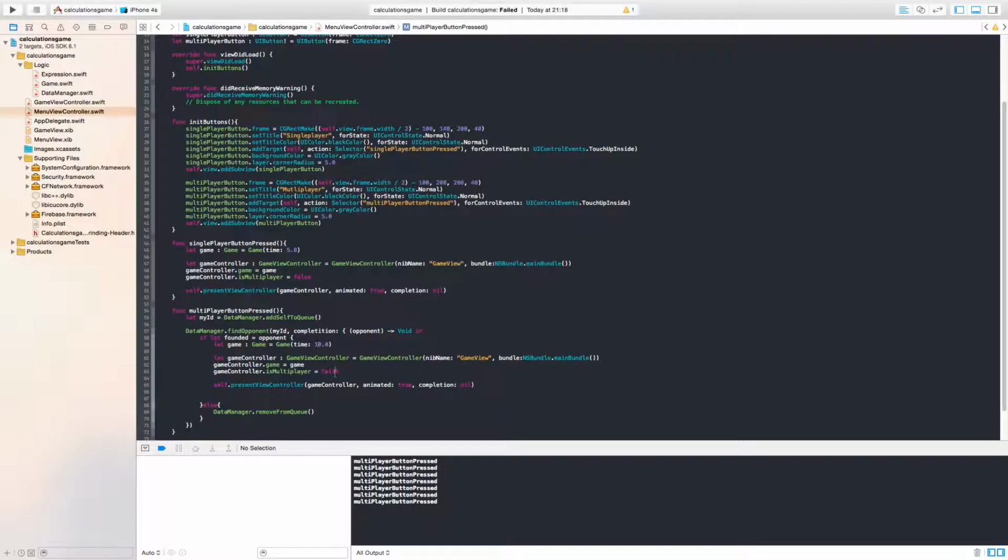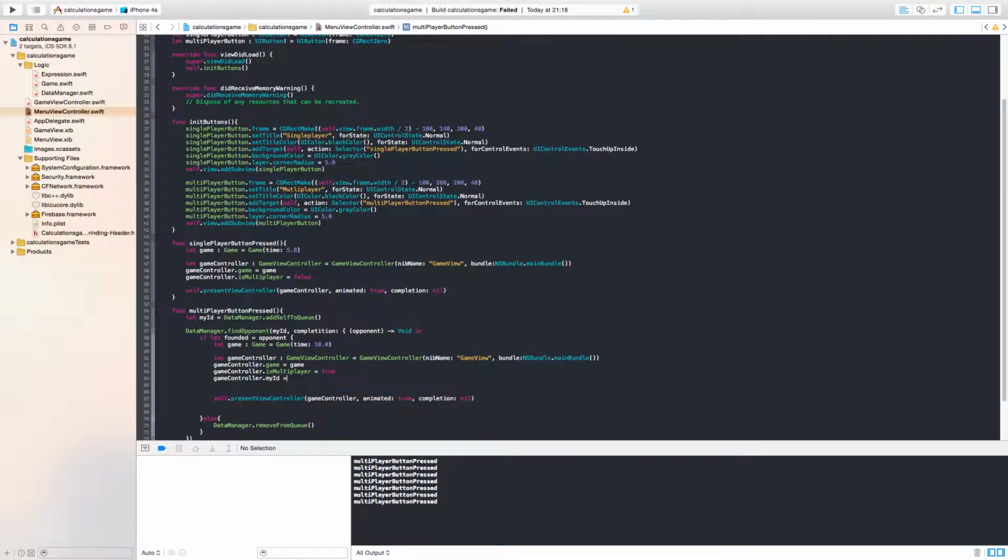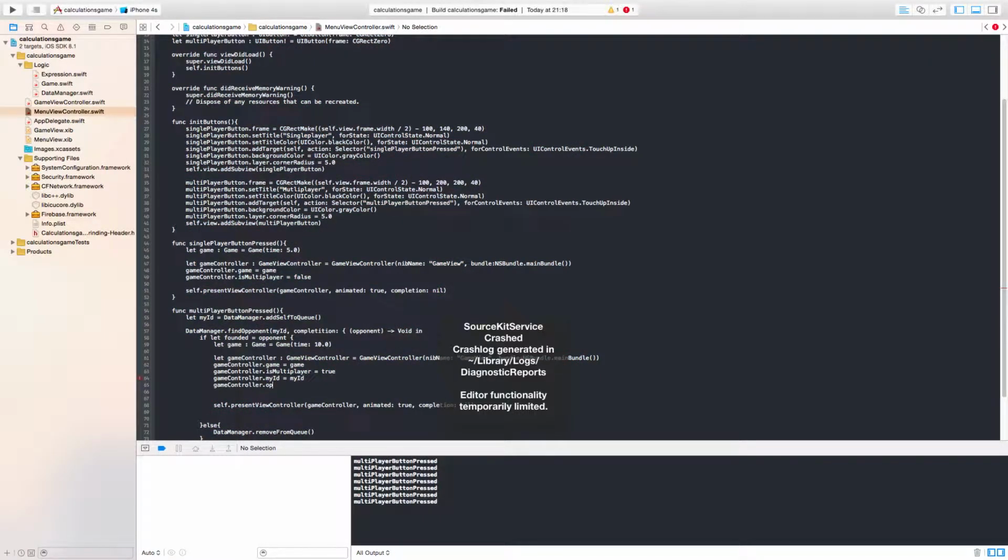It will set the game, and now I will set the is multiplier to true because the multiplier is true, and I will pass to my game controller my ID to my ID, and game controller opponent ID. Okay, it's called,